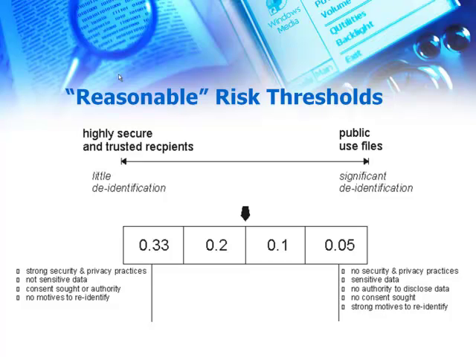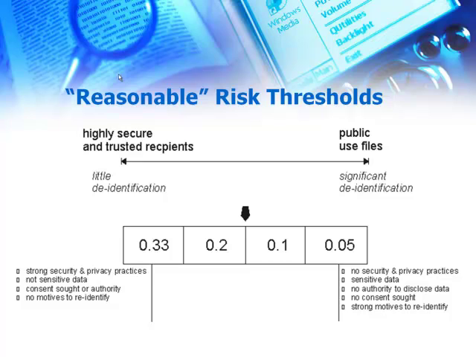So in terms of the thresholds, we settled on 4 values, and these are essentially, you can think of them as probabilities or percentage of records at risk. But we use those 4 values because they're defensible. There's a large amount of precedent for these 4 levels of risk in terms of, we didn't start releasing data today. We've been releasing data for 20, 25 years. The national statistical agencies have been releasing census data for many years. There's a large body of literature on acceptable risk levels, public release of data, and so on. So there are a very large number of precedents.